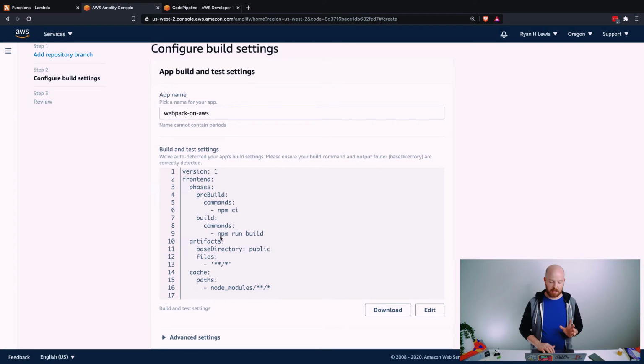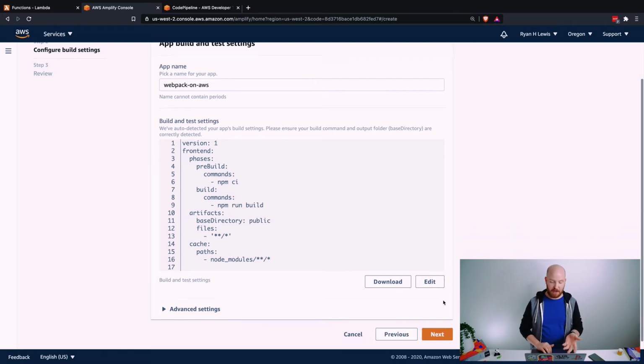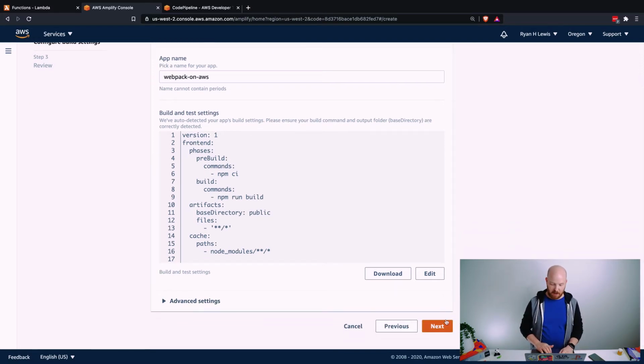It's already built in to use this npm run build command. This is one of the reasons that I didn't just call Webpack explicitly in the build spec YAML, because npm run build is a common npm script that a lot of things are built to use and set up as a default automatically. So by saying npm run build, it's just kind of universally recognized. So I don't have to edit this at all, which is pretty cool.